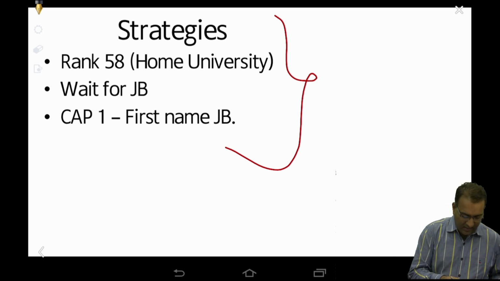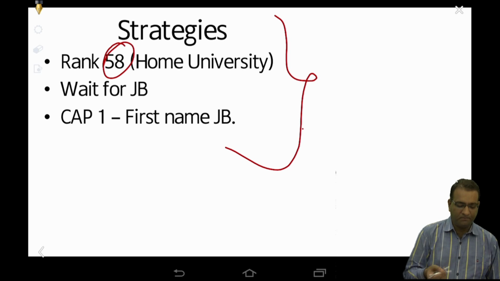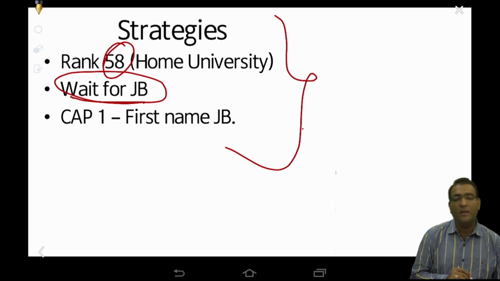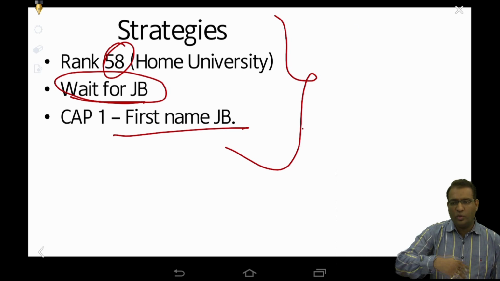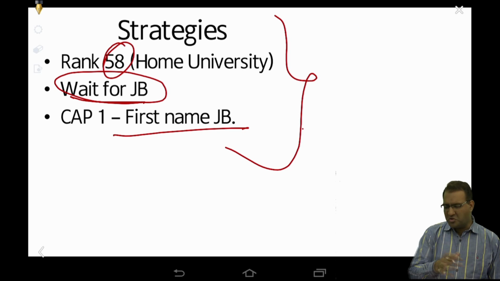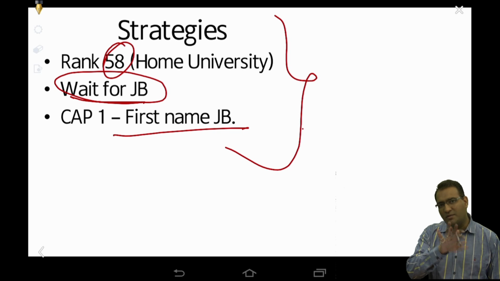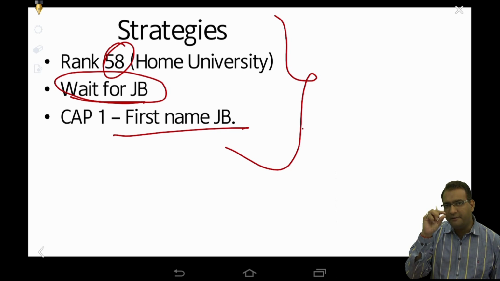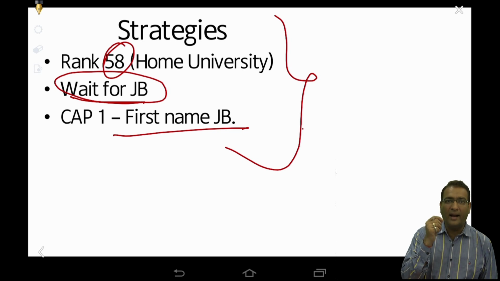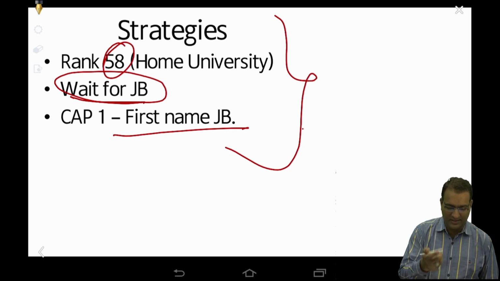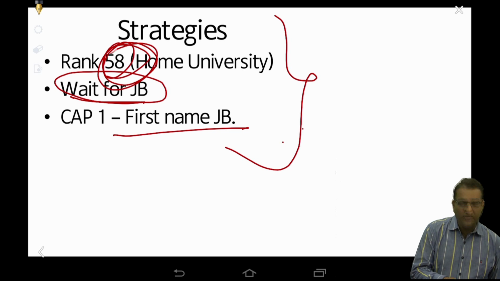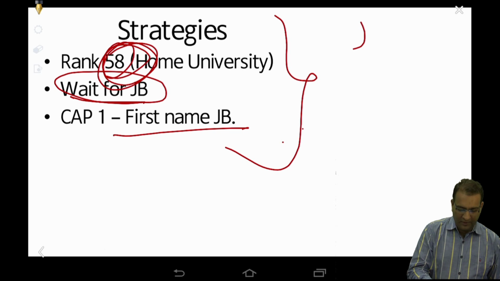Some of the strategy, let's say a person has got rank 58. My idea would be to wait for JB. Right? Putting JB, to be honest, for almost all the students the strategy would remain the same, other than a few students wherein it's like, can I get JB, I might not get JB. So let's see. People who are just aiming for JB, putting first name as JB, second name as Sidnam,